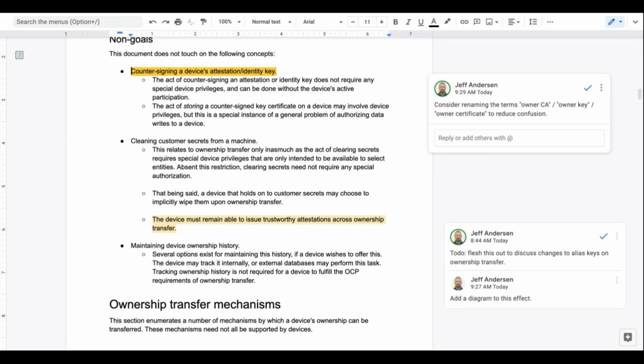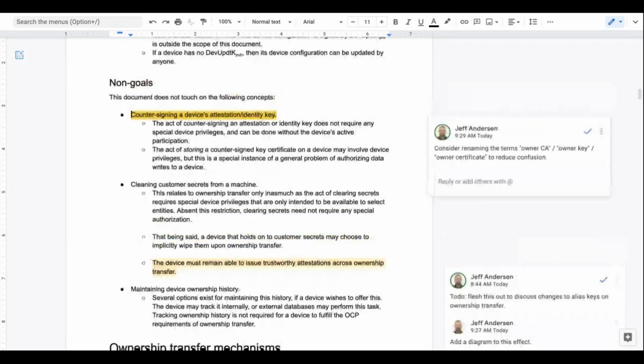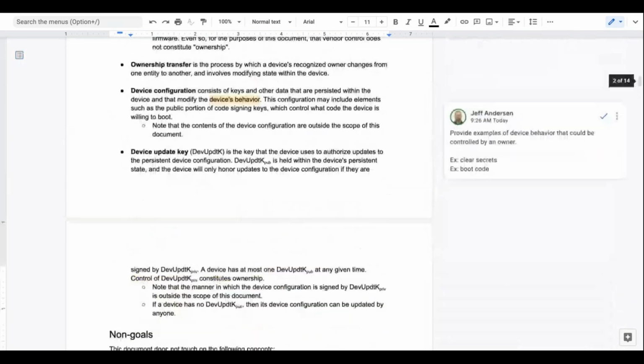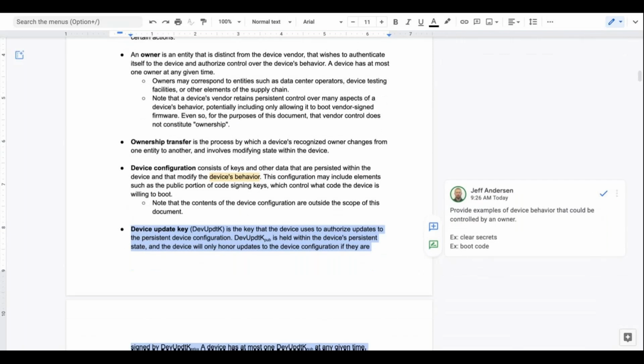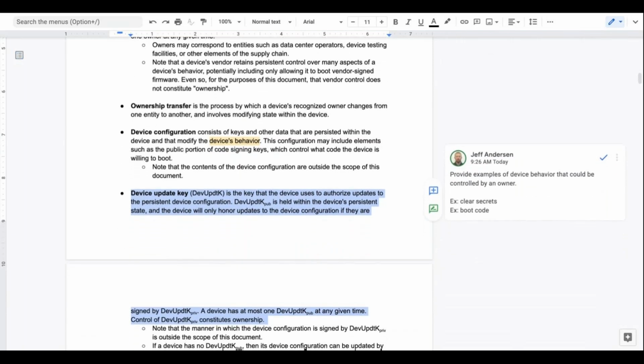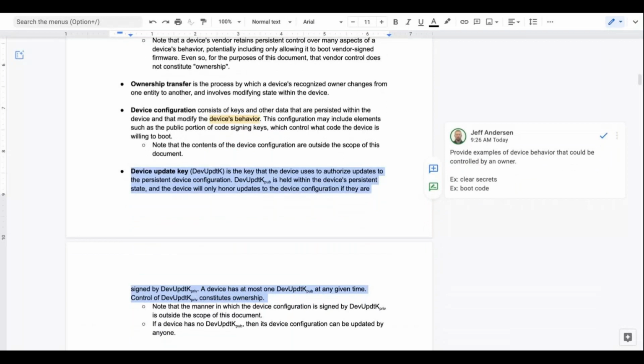One question about the device update key. So the device update key has to be verified during probably boot time or update time. Who will authorize it? Who will sign it? I kind of assume it should be authorized by the system owner. So I kind of assumed that when you do transfer, you use your transfer key to instantiate a new owner key in the system, and this new owner will authorize the device update key. Is that a wrong assumption?